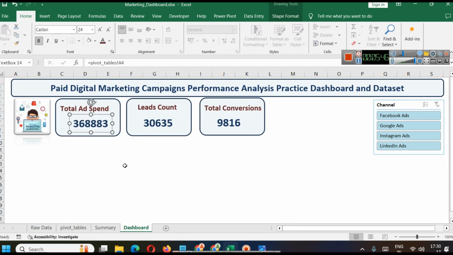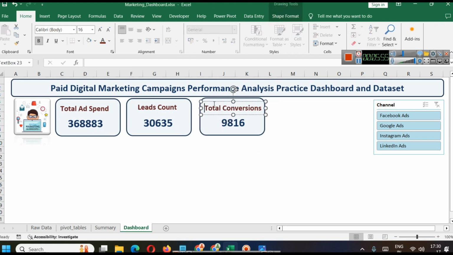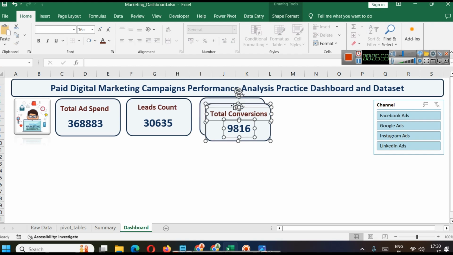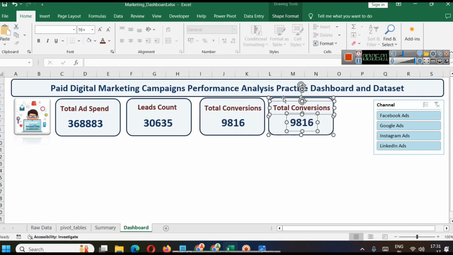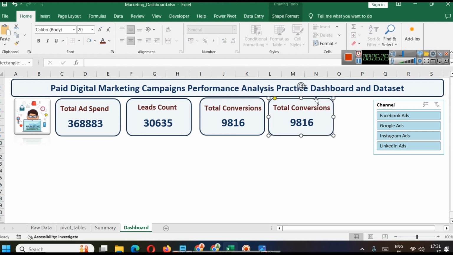This way you can keep things like this and create another one for you. So you can select this KPI like this and paste it here, and here what we are going to do, so we have total ad spend, lead count, total conversion. We can also show average conversion